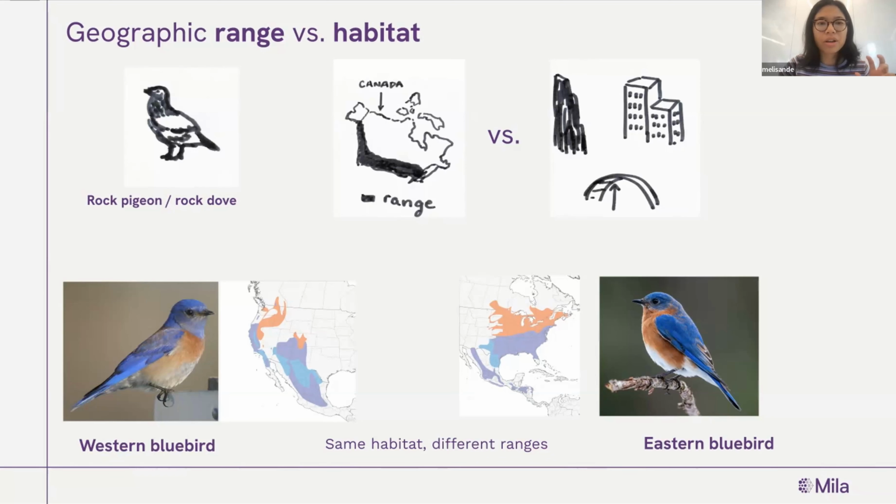So one reason it's important to make this distinction is that when you look at habitat mapping, you might usually want to have a finer resolution than geographic range, because species that have a narrow habitat are more likely to be affected by climate change, because it makes it harder for them to move across places to find habitats that are suitable if they need a very, very specific habitat.